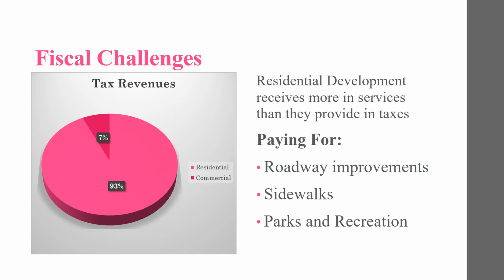So the question becomes: how do we pay for all the things that we need, such as roadway improvements, sidewalks, parks, and recreation, because at some point in the very near future, the demand for the services is going to outweigh the supply of money or revenue. And remember, we talked about that balanced budget, so we're going to be in a real bind here to figure out how we're really going to go about funding these services without cutting services or raising taxes.